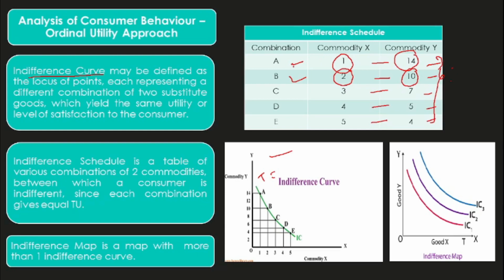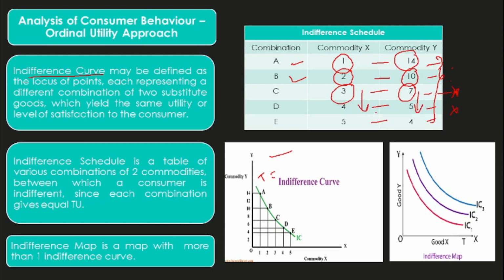So it does not matter much to him whether he chooses combination A or B or C. He will have the same level of satisfaction. If he is using 3 units of X and 7 units of commodity Y, whatever satisfaction he is deriving here, let's say X, it will remain X even if he uses less of commodity Y and 1 more unit